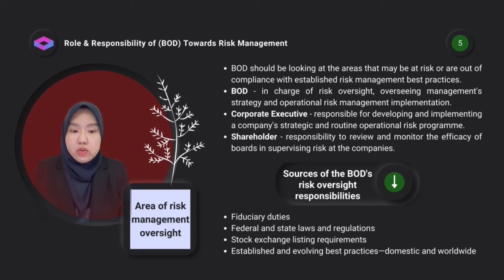The Board of Directors also is in charge of overseeing management strategy and operational risk management implementation. Furthermore, corporate executives also are responsible for developing and implementing a company strategy and routine operational risk program in accordance with the board plan and under its supervision. Besides, the shareholders have a responsibility to review and monitor the efficacy of boards in supervising risk at the companies in which they participate, either directly or through an authorized agent, and to decide what amount of resources they will devote